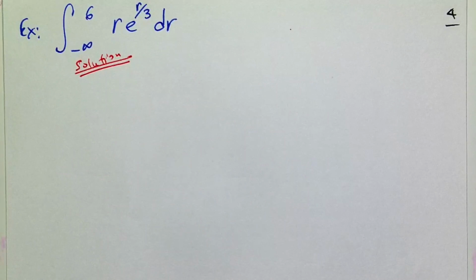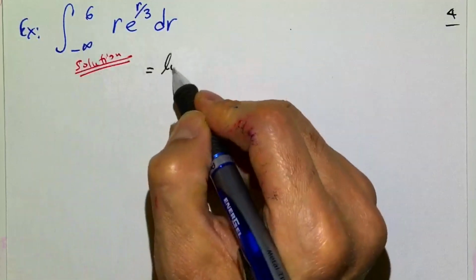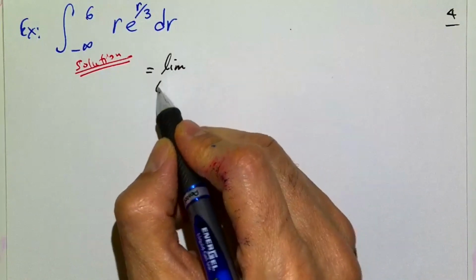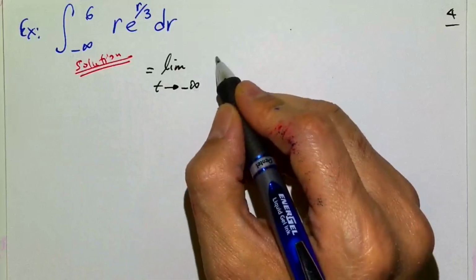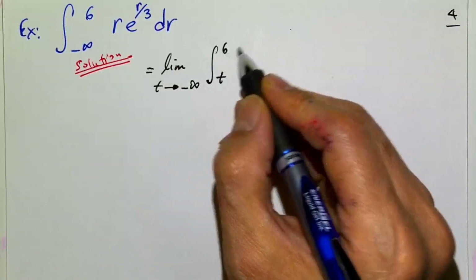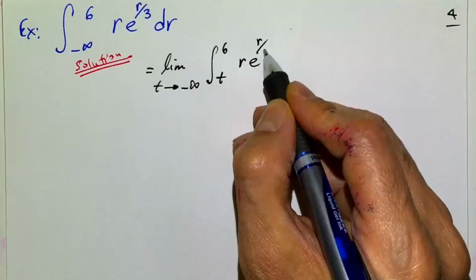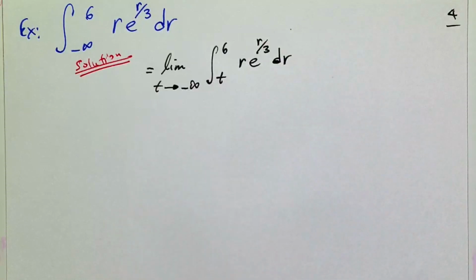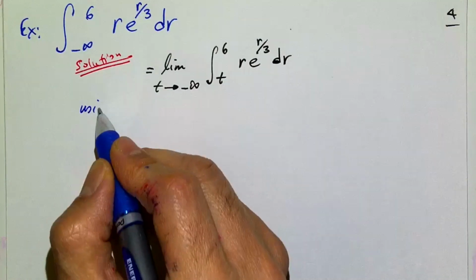Why don't I just say take the limit right now and then apply the integration by parts. So the limit as t goes to negative infinity of the integral from t to 6 of r times e to the r over 3 dr. Okay, all right. So now using integration by parts,